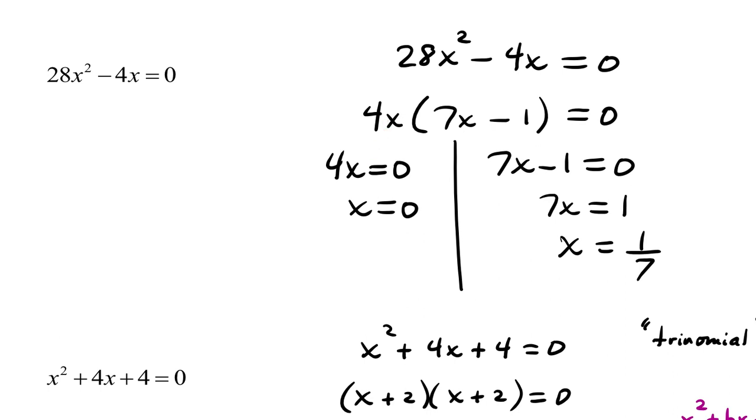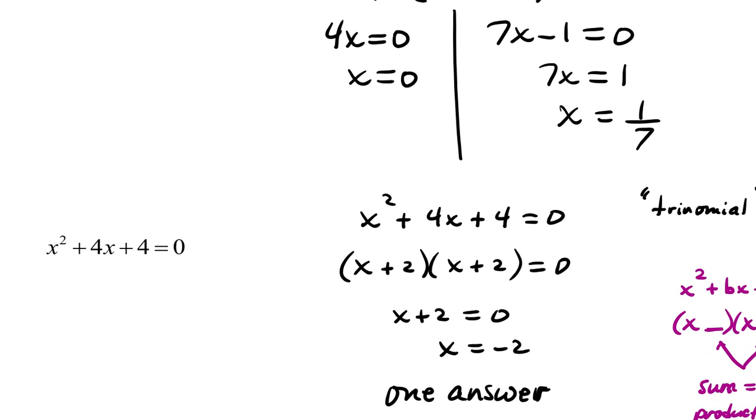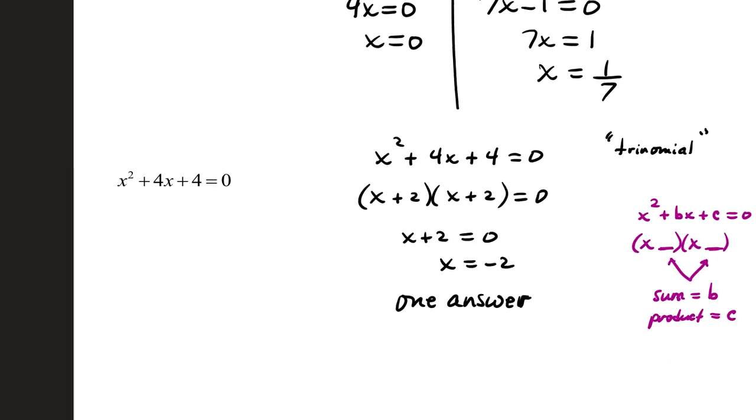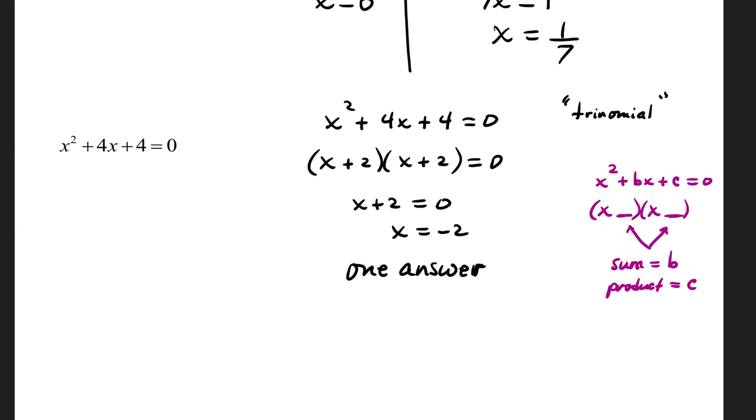4x equals 0 as long as x equals 0. 7x minus 1 equals 0 as long as 7x equals 1. X equals 1/7. Two unique solutions. For our last example,